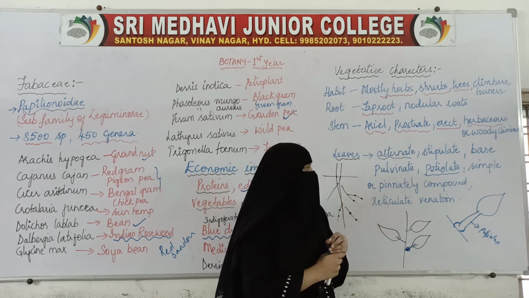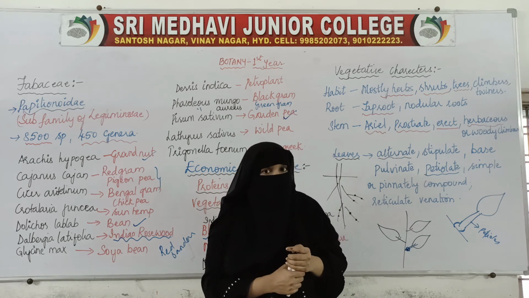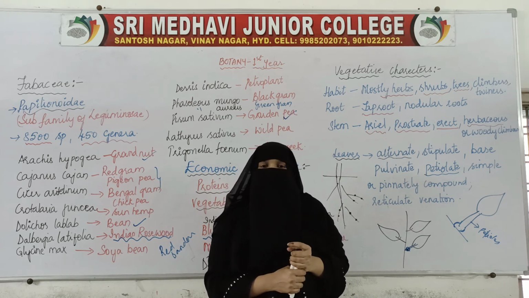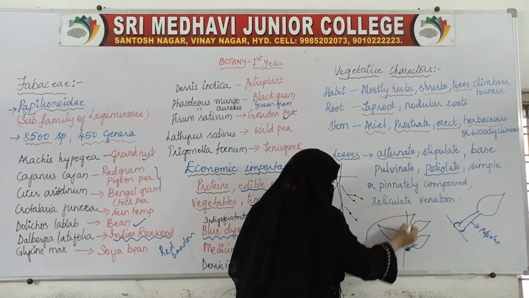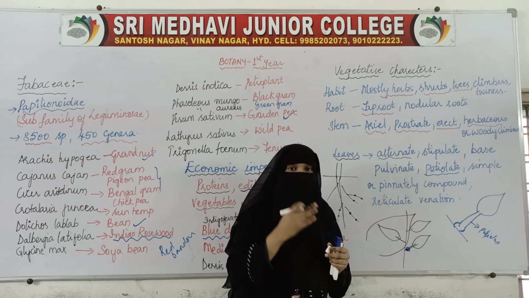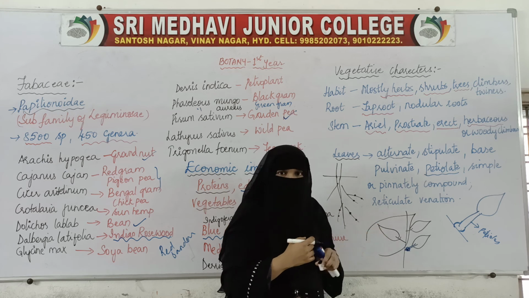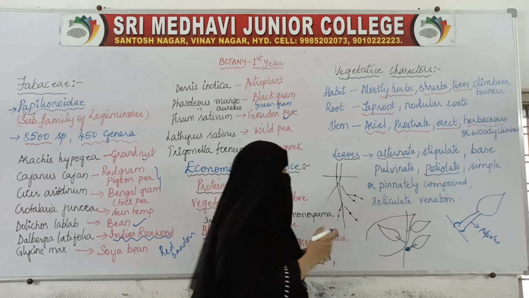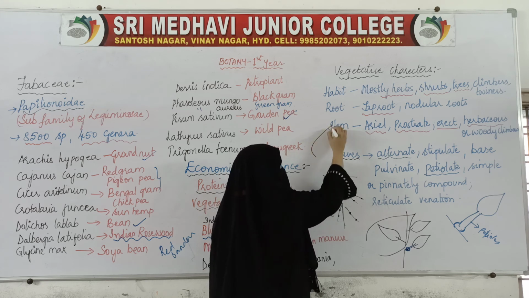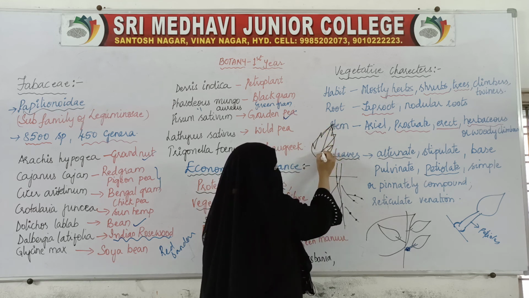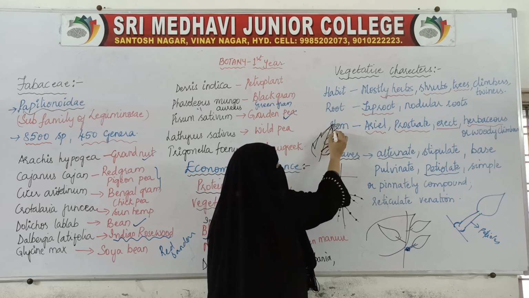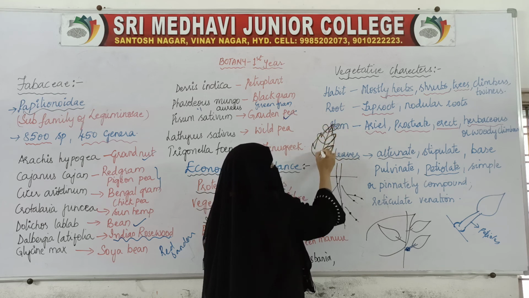Now let us see what type of leaf. Some of them have simple leaves and some of them have compound leaves. Simple leaf means the leaf will be just like this, a big leaf without any cuttings or incisions. This type of leaf is called a simple leaf. But a compound leaf has incisions. If this is the main vein, and the incision cuts till here, this becomes a small leaflet, this becomes a small leaflet, and so on.